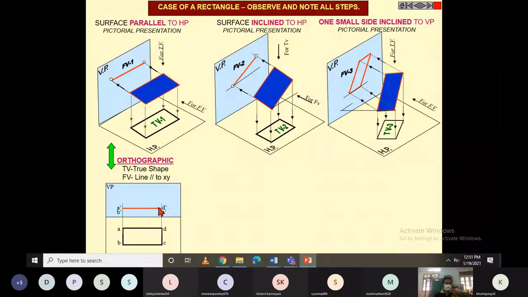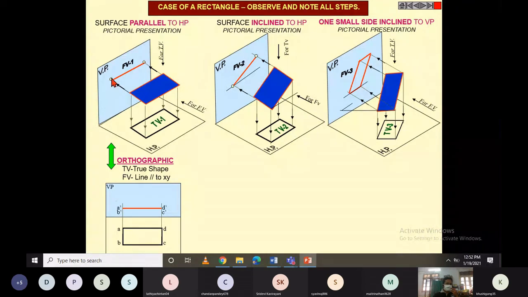And based on that front view projection, let's say this is A, B, C, D. 4 points we are denoting for this rectangle. So A and B both together are projected on this point. That's why it is referred to as A dash, B dash for the front view. C and D both together appear on this point. So that's why it is referred to as C dash, D dash. Now when you look from the top, definitely this A will be projected somewhere over here, A, B, C and D.